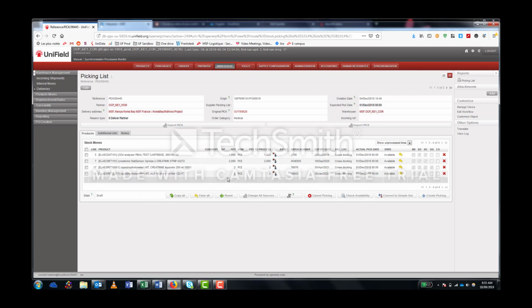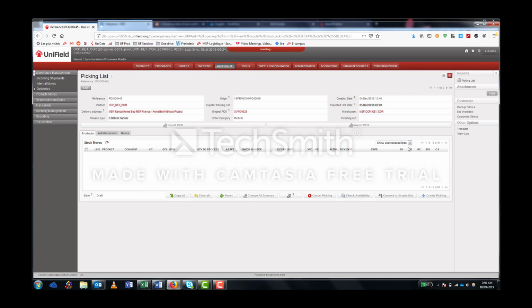As you can see, the quantity column and the quantity to process are already equivalent. In the new pick pack ship, if you wish to ship partial, you have to opt out, the default setting being the whole quantity. The state column is identical, but above it there is a new list. This new list allows you to see different things: either all the unprocessed lines, or all lines, or the not available lines. I'm not sure we have any not available lines here. No, let's go back to all the unprocessed ones.